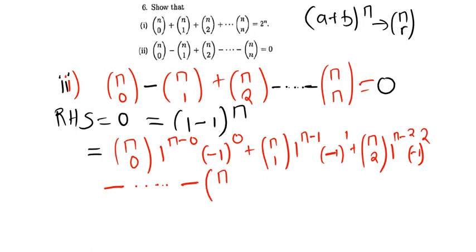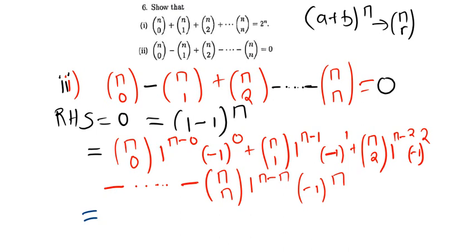And then n choose n. We're going to look at that. It's going to be 1 to the n minus 0. And then here you understand that for the last one where we have negative 1, in fact that's not n minus 0. It will be n minus n for the last one, and then you have a negative 1, which is going to be just the power n. Now of course the last one is dependent on the value of n that you're dealing with. Whether it's an even or odd power will determine the sign, but we'll just leave it the way it is. So what we have at this point,